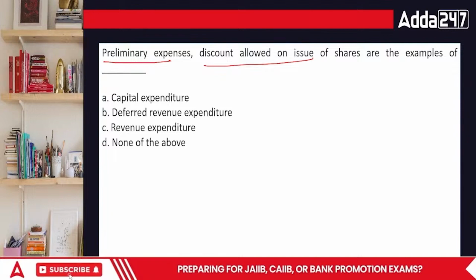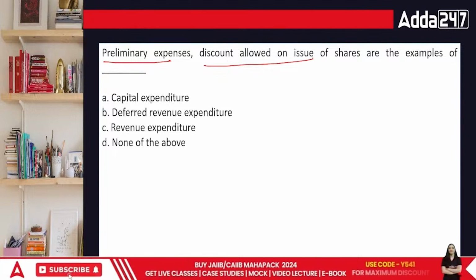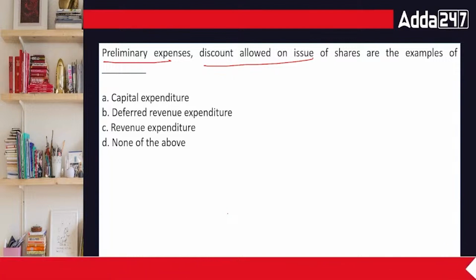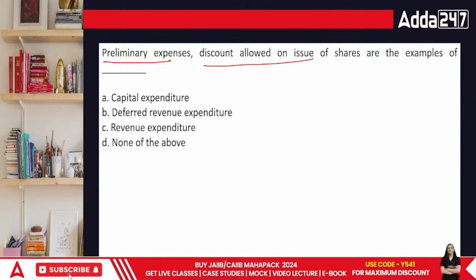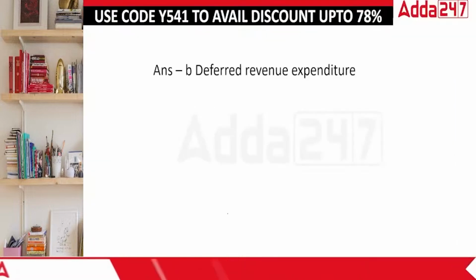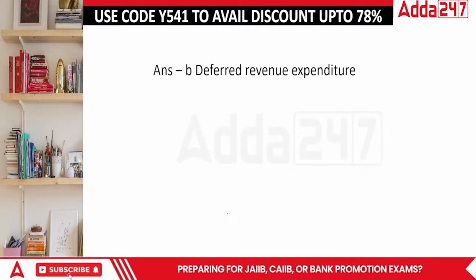Okay, so when we talk about this specific area, the answer would be what? Deferred revenue. Revenue is basically based upon the normal revenue of the organization. Revenue means income of the organization. The correct answer in this case is deferred revenue expenditure. This is an expenditure that you do before the organization is born and the benefit is reaped over the period